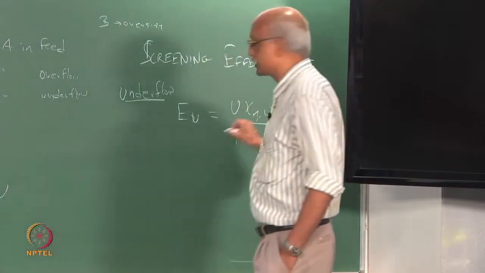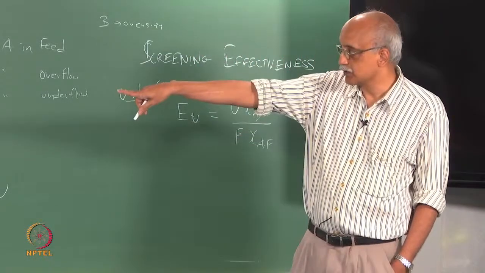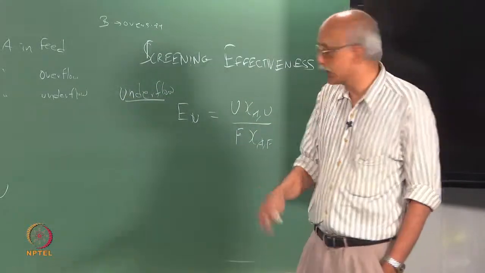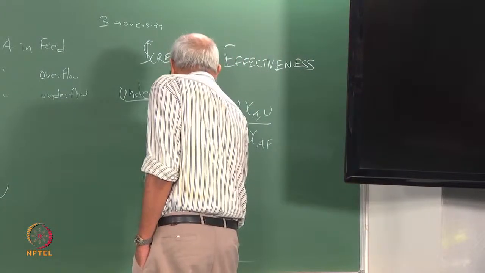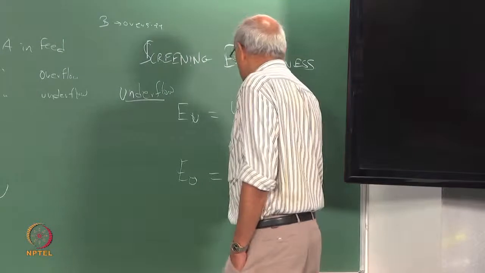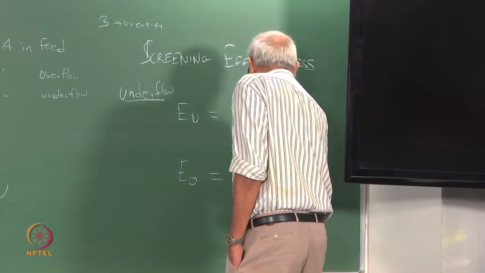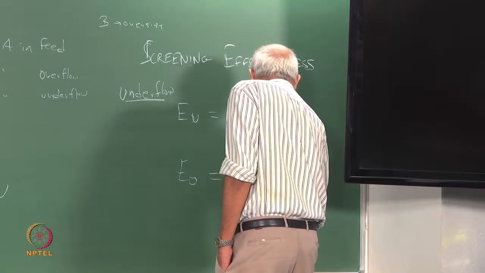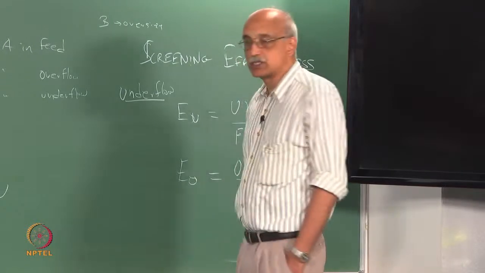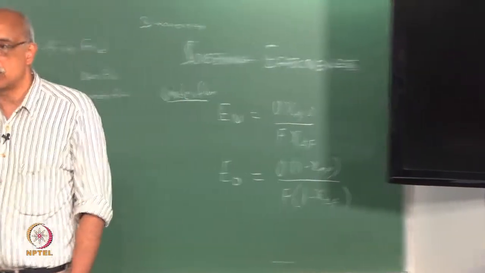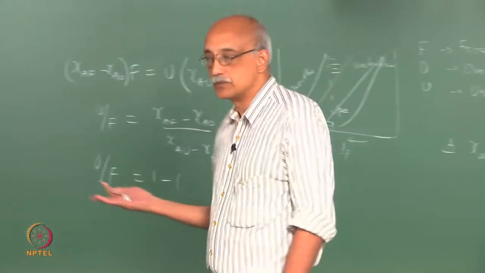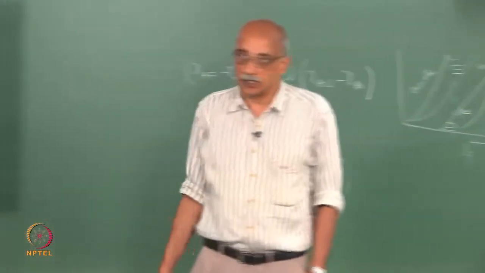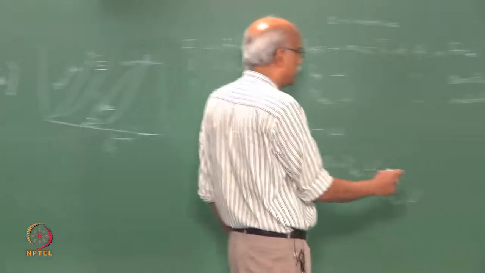And here you can substitute for U by F from that expression. I'm not going to do that for you, it will just make it a very, very long expression, but you can do that. And similarly, E for the overflow, you can write as O times 1 minus XAO times F times 1 minus XAF, since that will measure the effectiveness of the screen in containing all of the B material in the overflow. Again, from this expression you can substitute for O by F, and finally the overall screening effectiveness